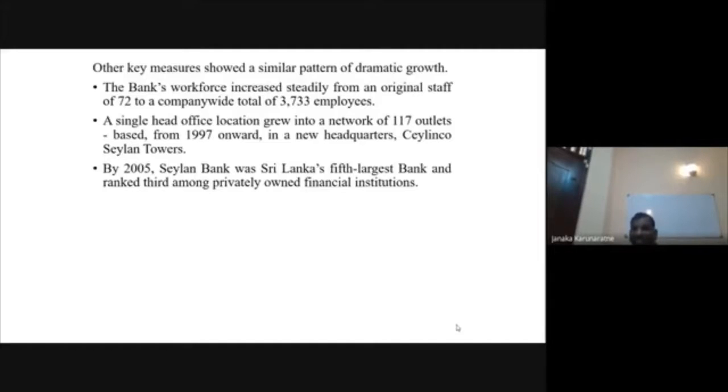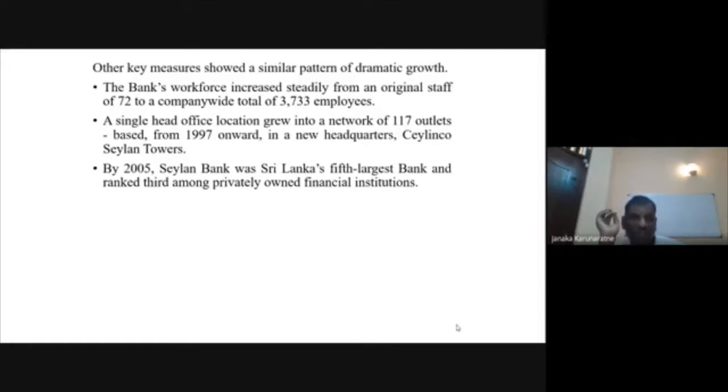The other key measures showed a similar pattern of dramatic growth. The bank's workforce increased steadily from an original staff of 72 to a company-wide total of 3,733. So it started operations with 72 staff, and grew up to 3,733. The single head office location grew into a network of 117 outlets, based from 1997 onward in a new